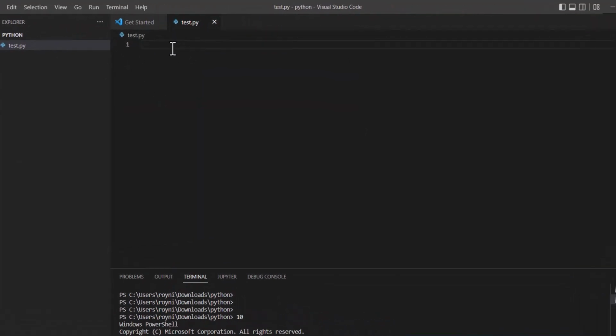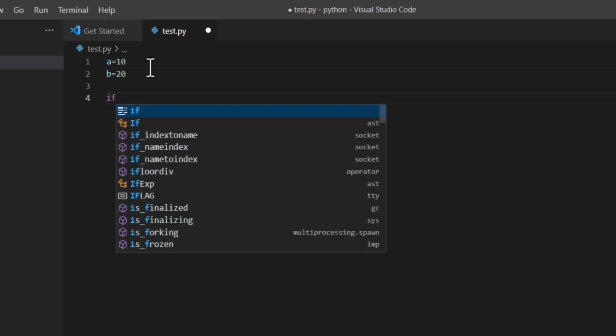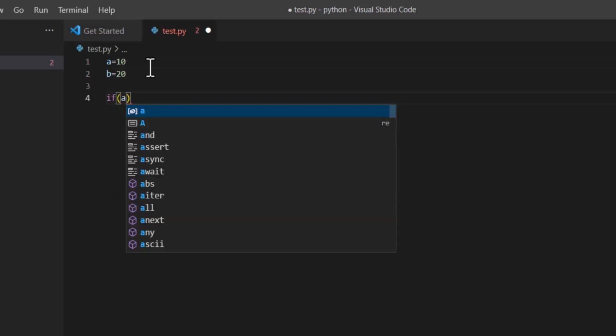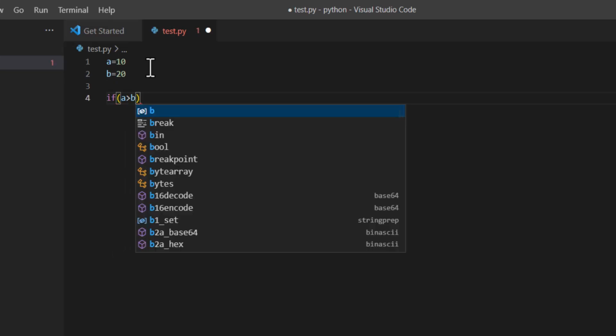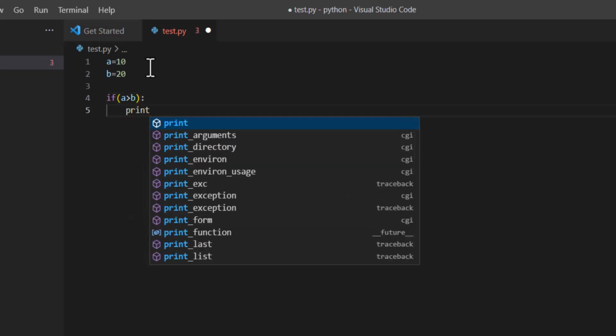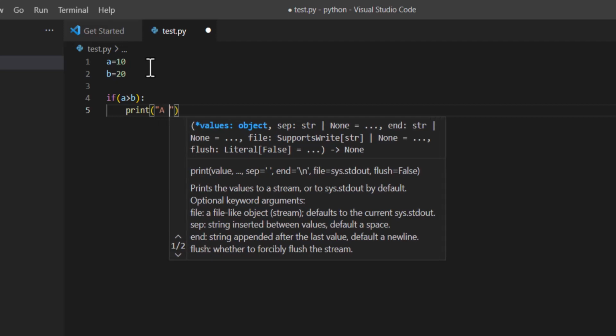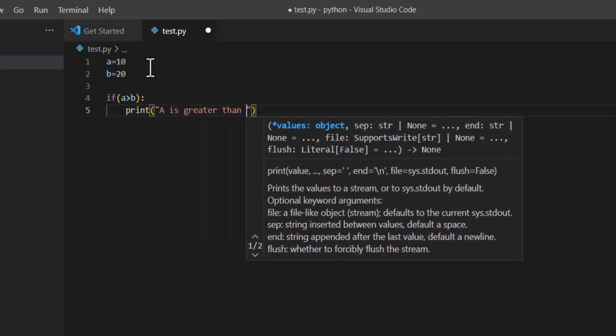Now here we will write a is equal to 10, b is equal to 20, if a is greater than b, print "a is greater than b",